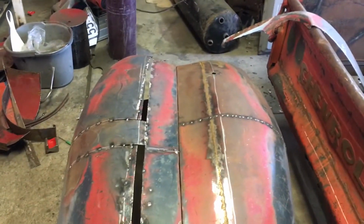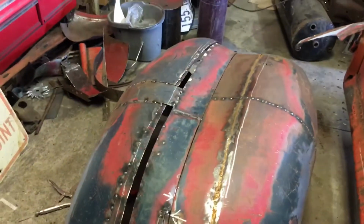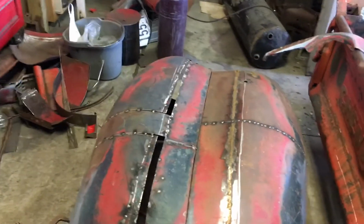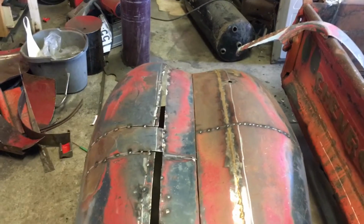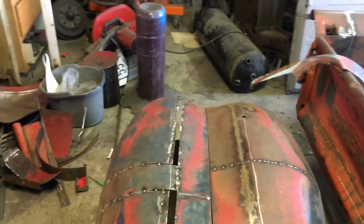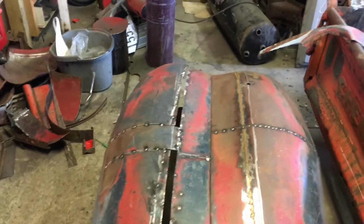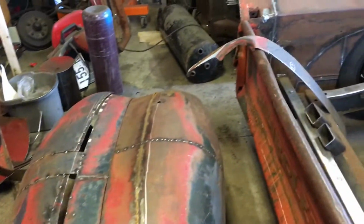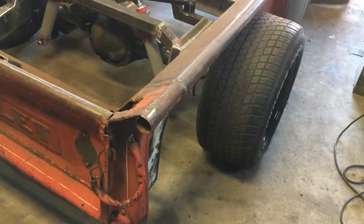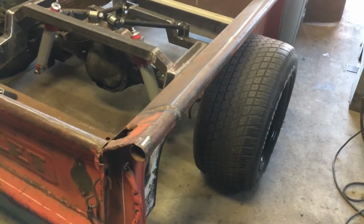I ended up clamping them side by side, and I was off by almost a half inch on the width and almost as much on the height. And I had one section positioned incorrectly next to the other, so I had to break it all free and start over. But you can see the back end sits on the ground, and when I put the fenders on, the